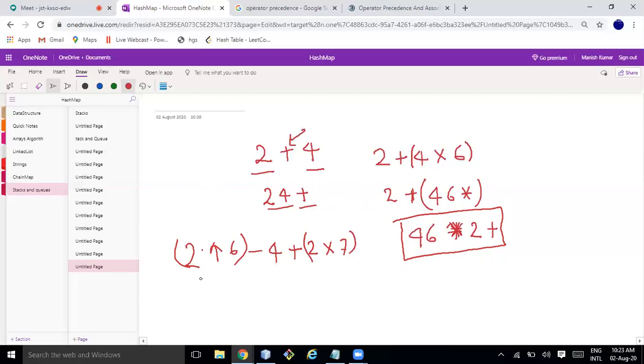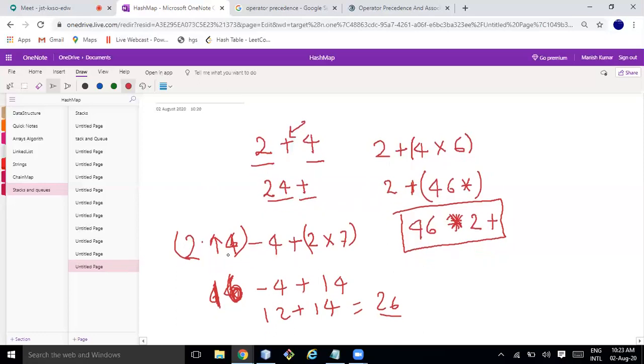Once this is solved, 2 to the power 6 may be around 64, let's say, or let me make it 2 to the power 4. So 4, 8, 16. So this would be 16 minus 4 plus 14. Then you can perform from this side, right? So 12 plus 14, you calculate it's 26. That's cool. As a human you can still do it.